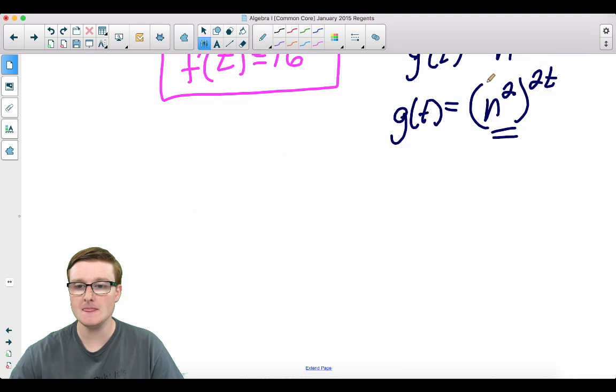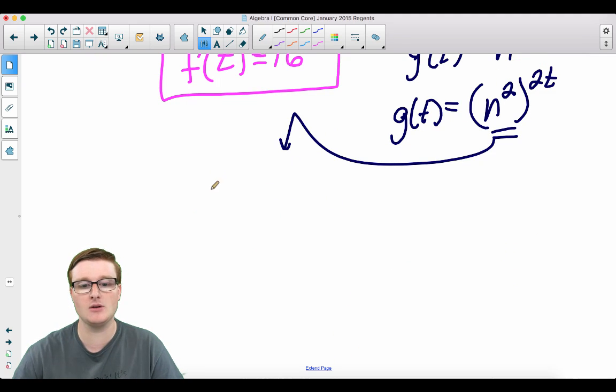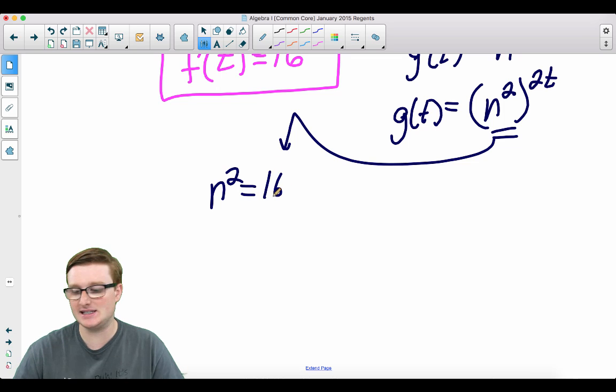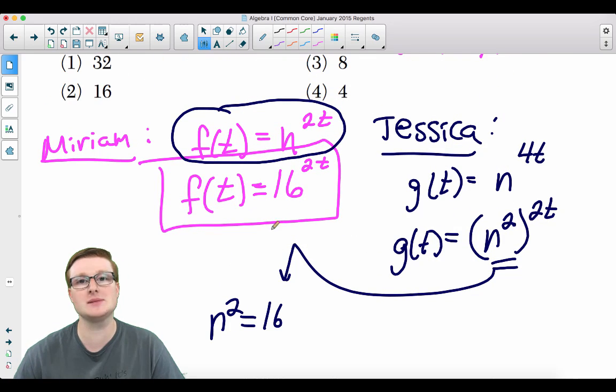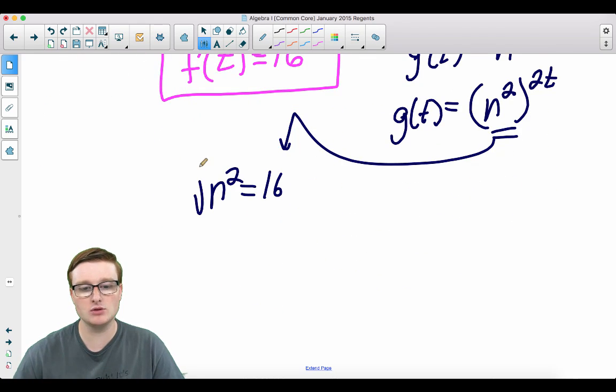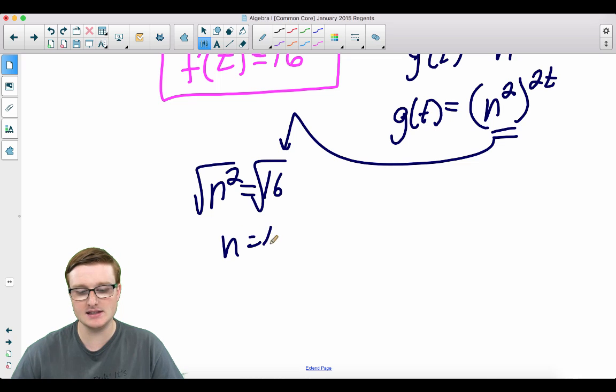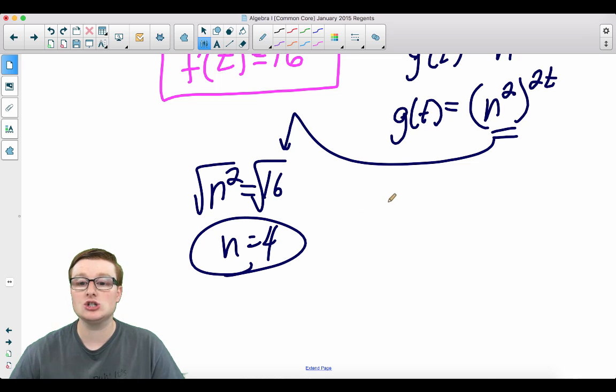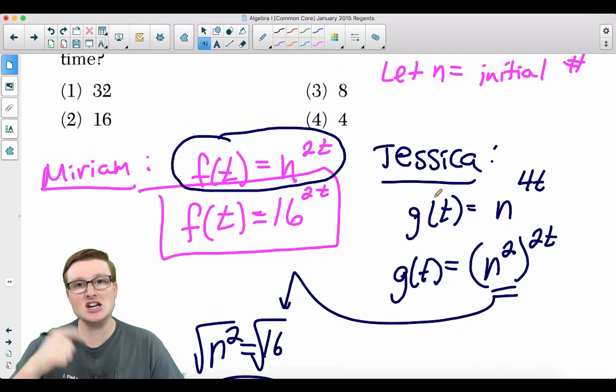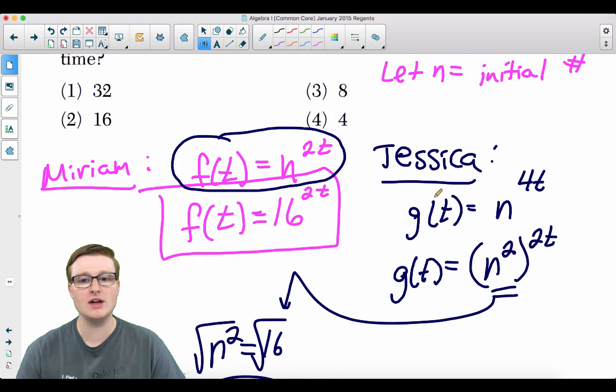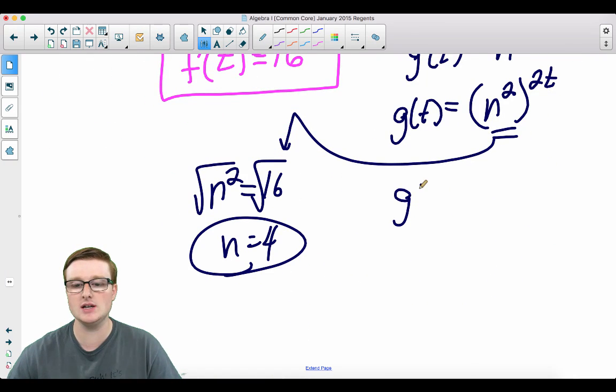Well, let's figure it out right now. n squared is equal to 16. Now that 16 is coming from Miriam's initial amount. Take the square root of both sides and you get n is equal to the number 4. So Jessica's initial amount to achieve the same growth has to be 4 because g of t is equal to